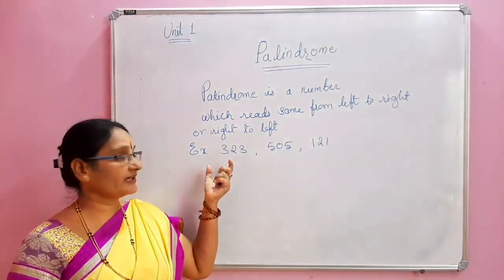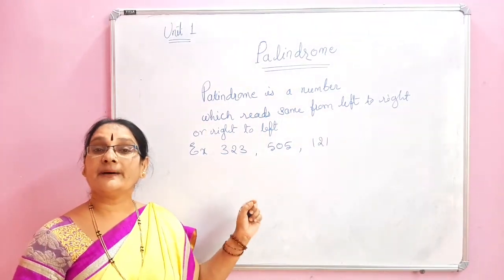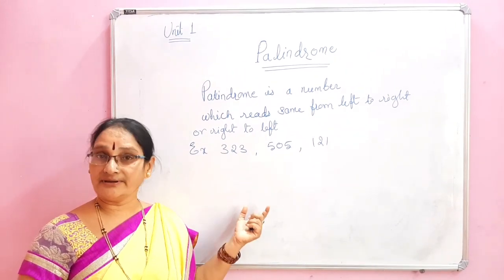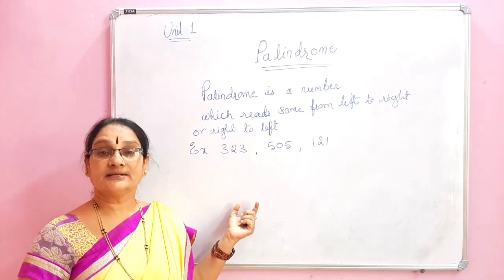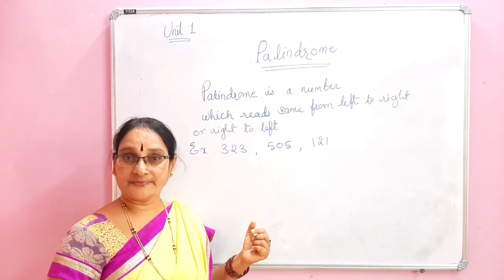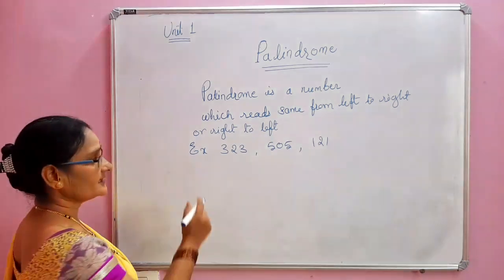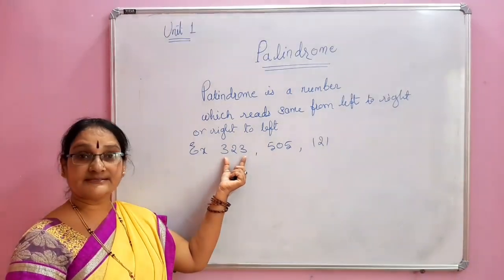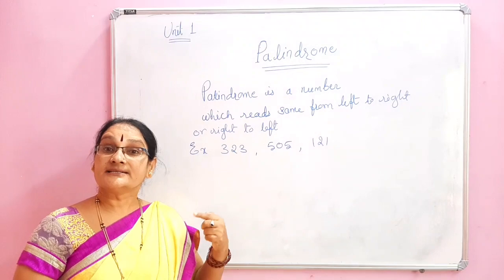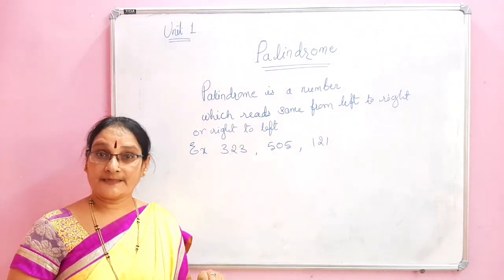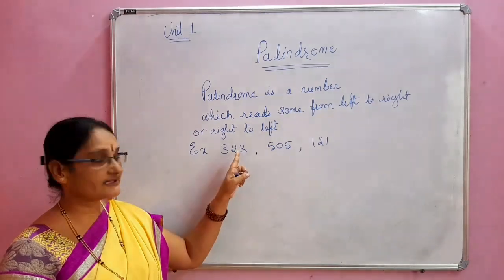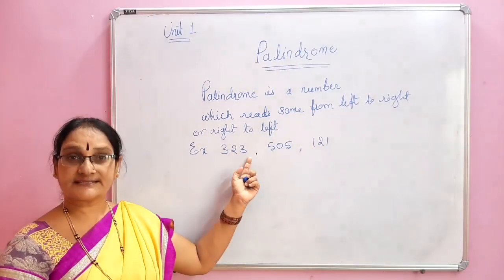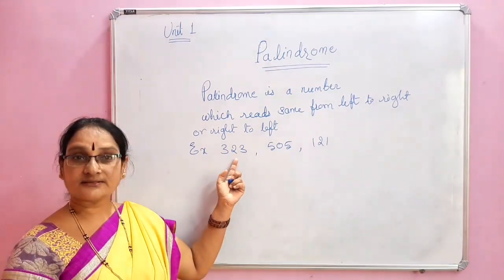Now we will see whether 3-digit palindromes are divisible by 11 or not. We already know the divisibility test for 11. In the previous class you have learnt the divisibility test for 11. What is it? The difference between the sum of the oddly placed digits and the sum of the evenly placed digits must be 0 or a multiple of 11. Here this is the first digit, second digit, third digit. Oddly placed means first and third.